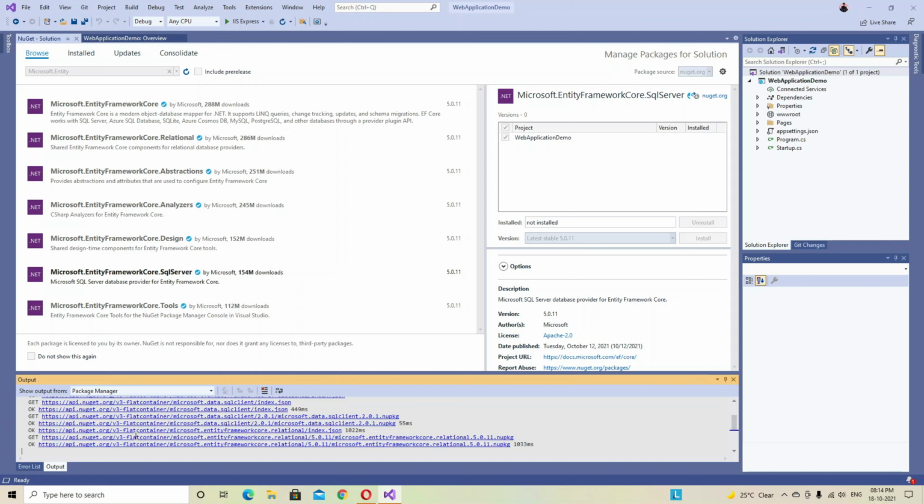License agreement accepted. We come back to the browse menu again and install Entity Framework Core Tools. So we will select Entity Framework Core Tools and click install. I accept. Now we can use the Entity Framework database first approach.